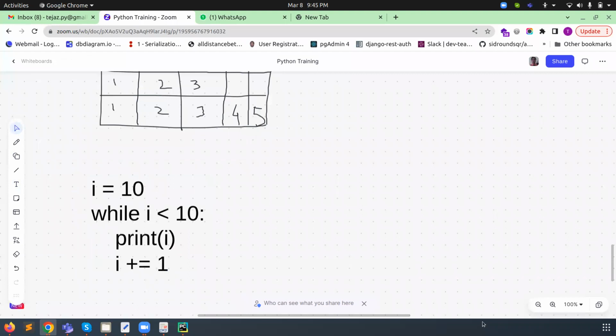Okay, this is the while loop. What can we do if we have not defined the condition to become false here? The same thing may happen in the for loop also. If the condition never becomes false, then what will happen? It will always keep working. The loop will not terminate. When the loop does not terminate, then what will happen?